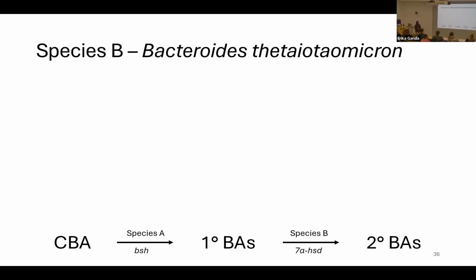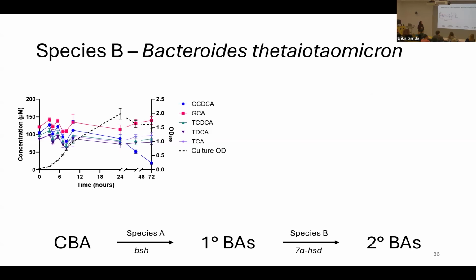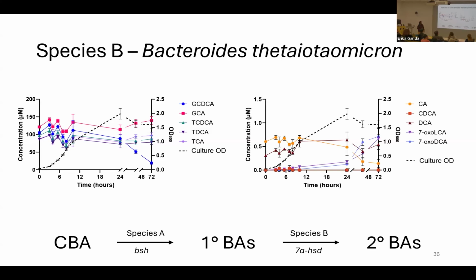and purple. B theta had this interesting pattern where mostly nothing happened. And then after 24 hours, GCDCA was disappearing from the media. We didn't really know what to do with that because when I looked for all my bile acids, we did not see any chenodeoxycholic acid or any 7-oxolithocholic acid showing up. The Y scale here is very small compared to 100 micromolar of substrate provided, right? So we kind of shoved this out of our mind for a little while and kept on plowing through with